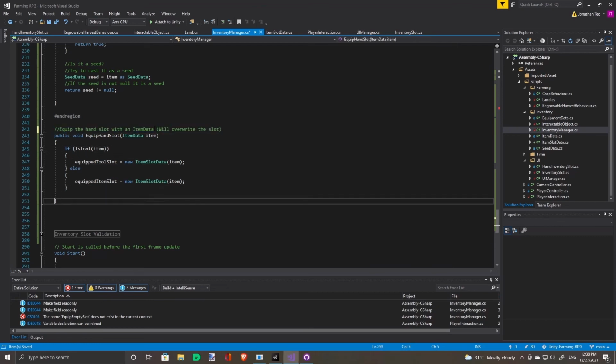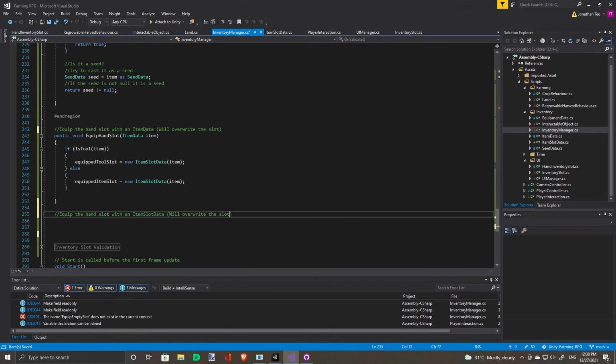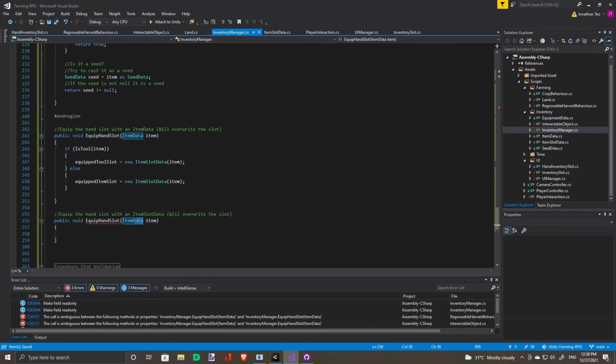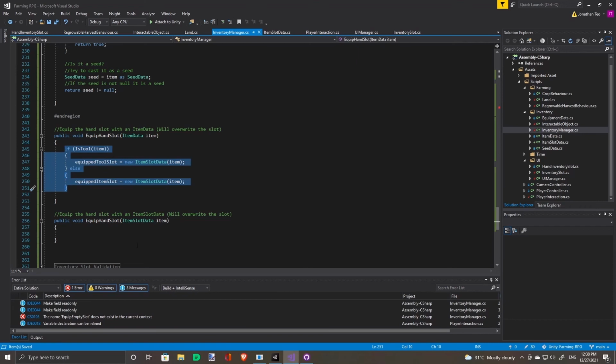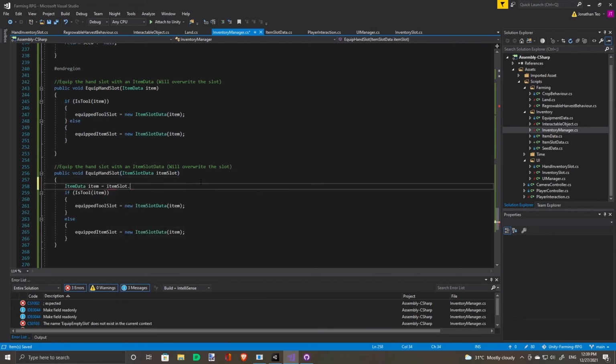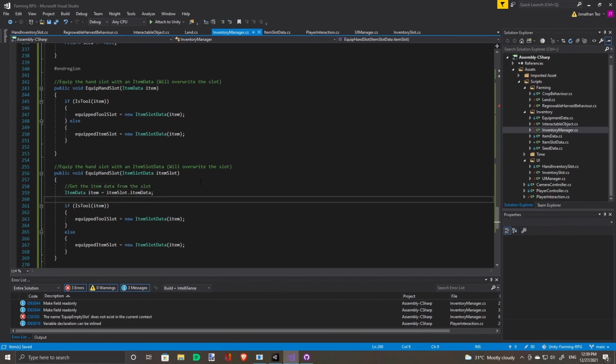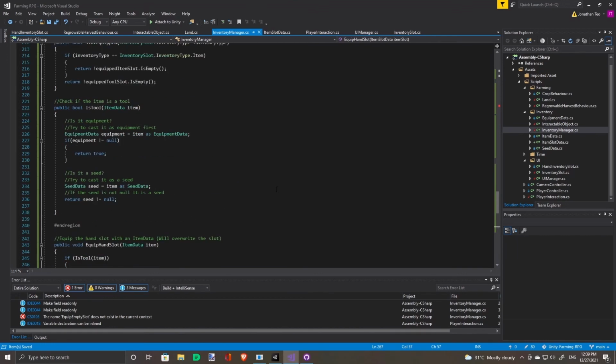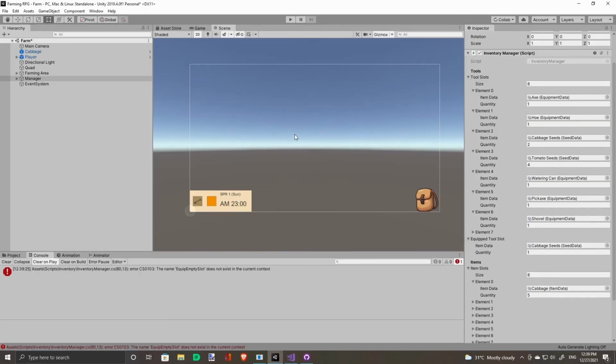Let's overload the function with one that takes in the item slot data. And we'll just clone the item slot. This should work now.